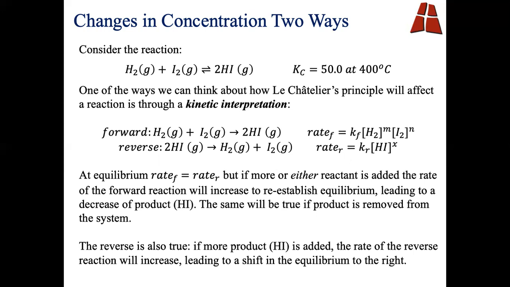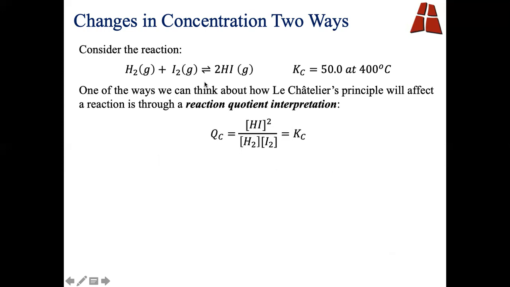Okay, and of course the reverse would also be true: if we added more of our product, the rate of our reverse reaction would increase, leading to a shift in the equilibrium. And that says right, but I'm realizing now it should say left. So if we add more product, the reaction should shift ultimately towards our reactants. Okay. So the other way you could think about this, the way I would recommend thinking about it,